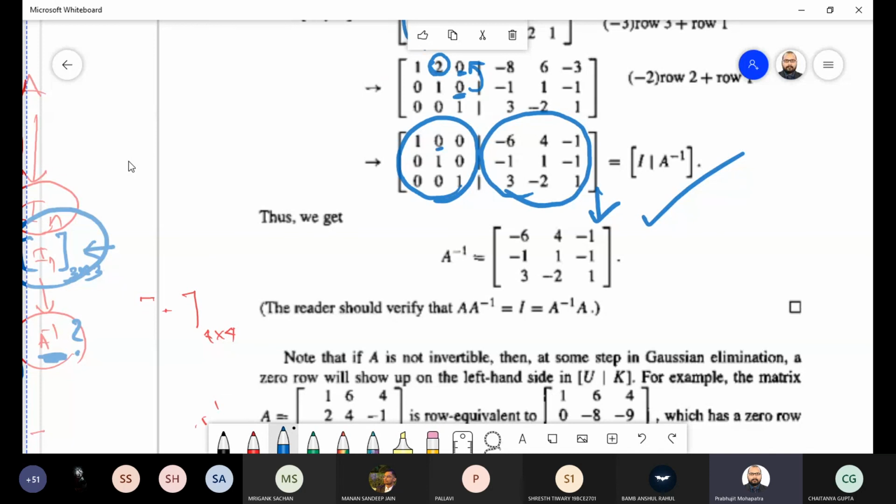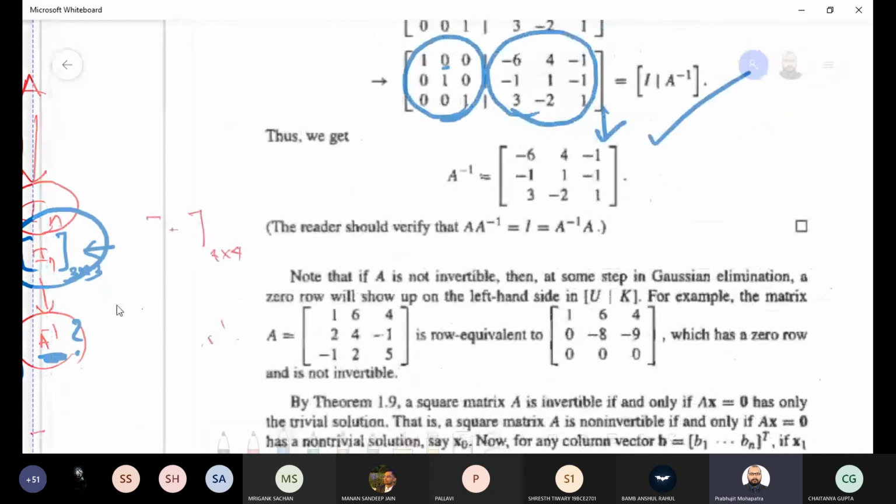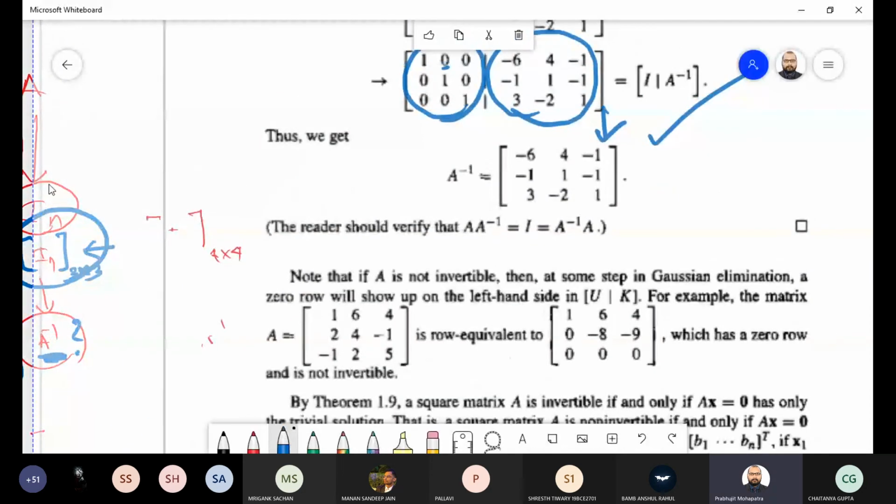Yes, sir. We will solve some problems in the next class onwards. Okay, in the next class we are going to, and you practice some problems on how to find it, because we are not having enough time. We will see some problems in the next class. Okay, you can take leave.